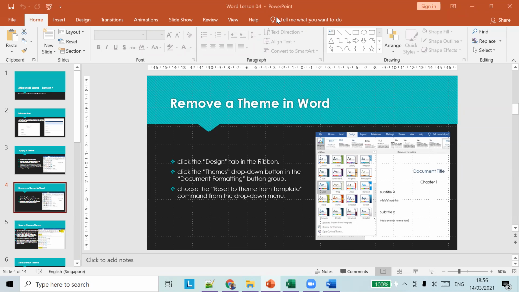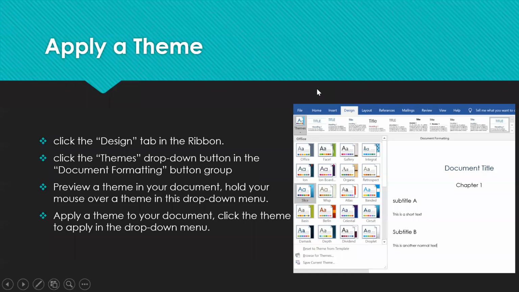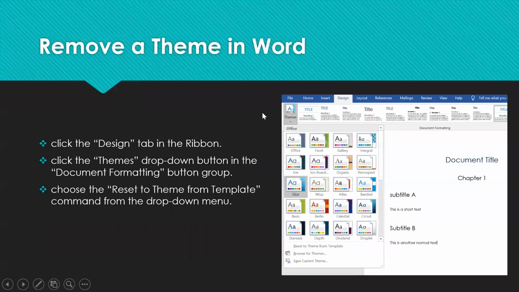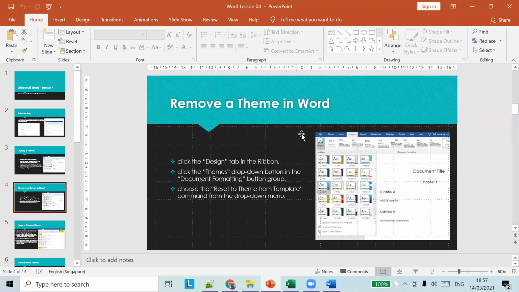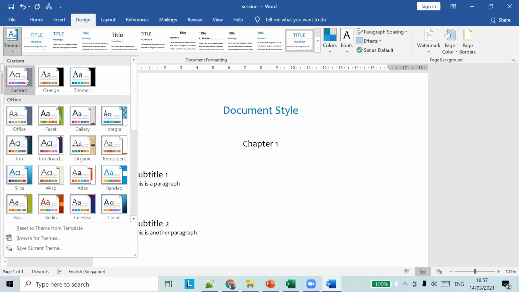So we saw how to apply a theme. Now we'll see how to remove an applied theme from the document. You can see some theme is applied.